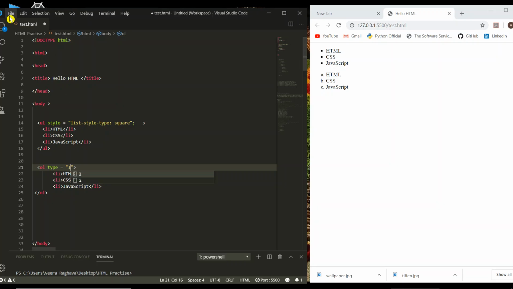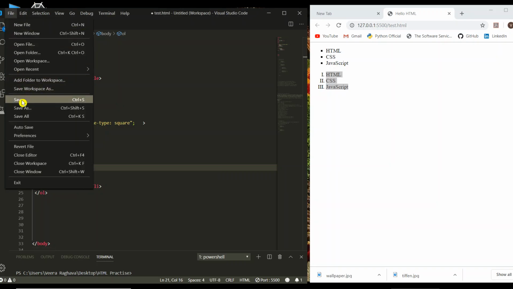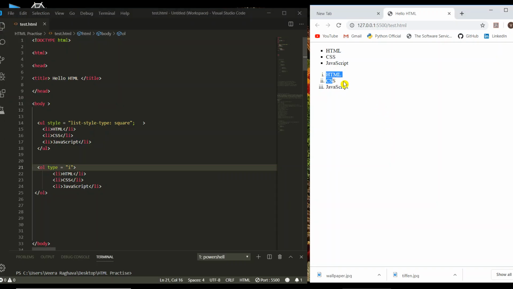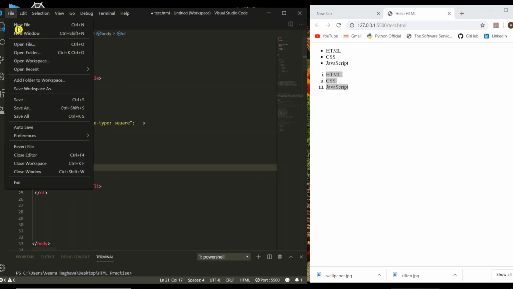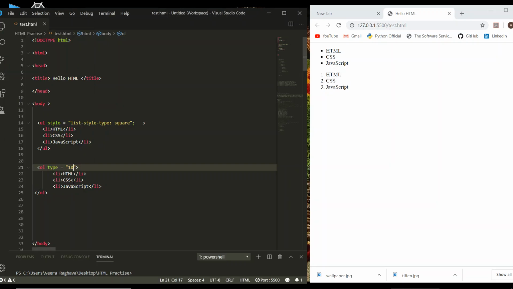If you give capital I, Roman letters will come. You observe it. When you give small letters and save, small Roman letters will come. And if you want to start it from 10 and save, sorry,